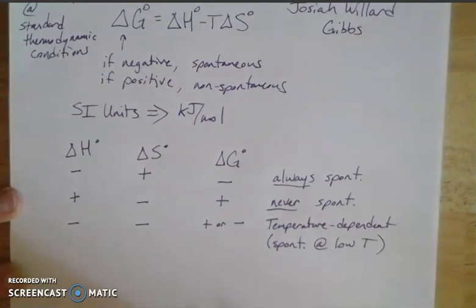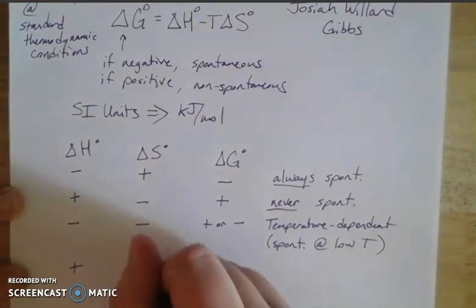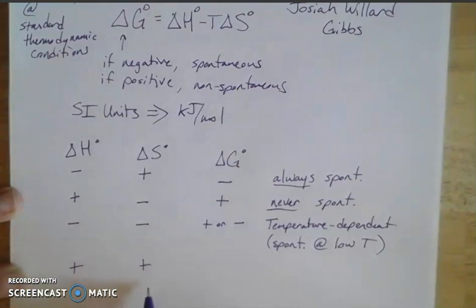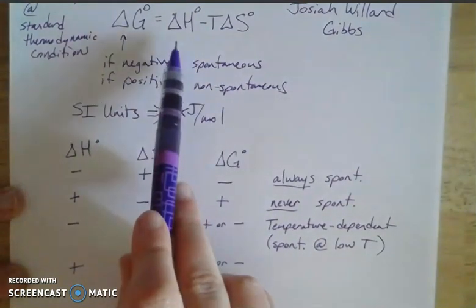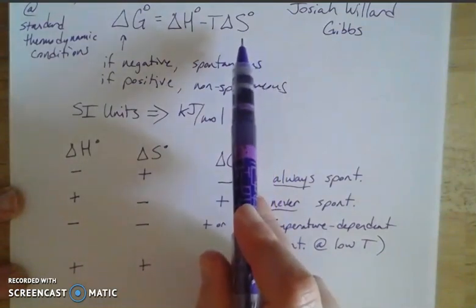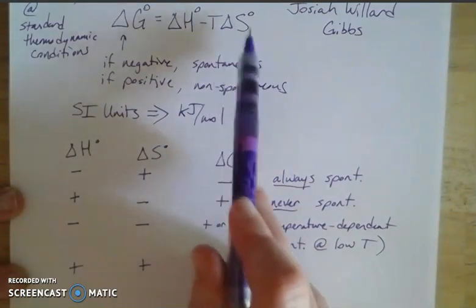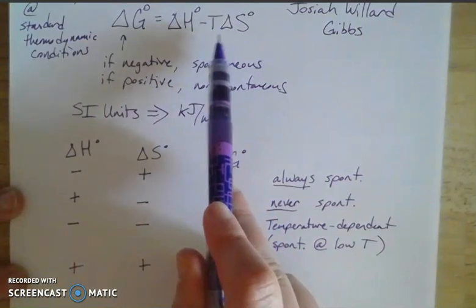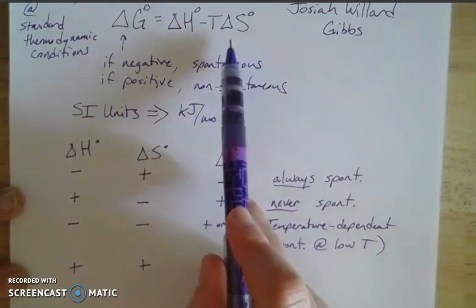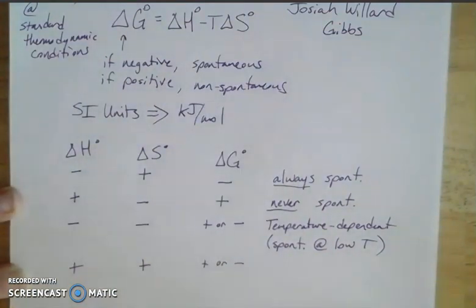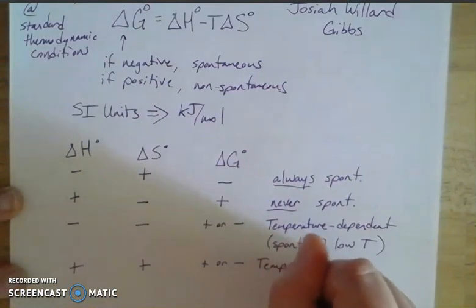All right, now let's think about our positive. So if we have an endothermic reaction and we're getting more disordered, so I put more energy in the system than I get out, and I'm going to a more disordered state, then again, it can be positive or negative. Mathematically speaking, if this is a positive quantity and this is a positive quantity, then if this quantity is larger, right, the whole thing times my T is larger than whatever this is, then it's going to give me a negative value, and so that's a good thing. Or if it's smaller, then it's going to give me a positive value. So I can go either way. This is also temperature dependent.